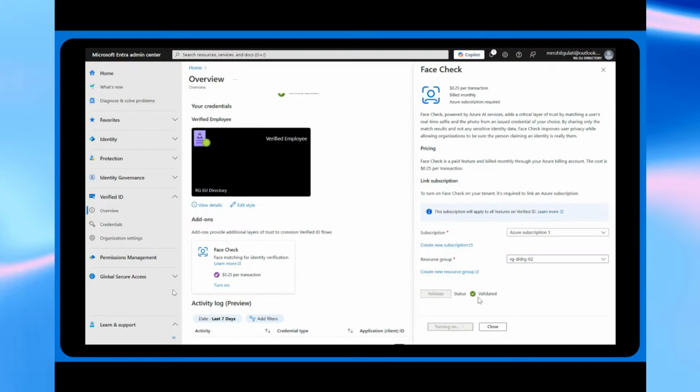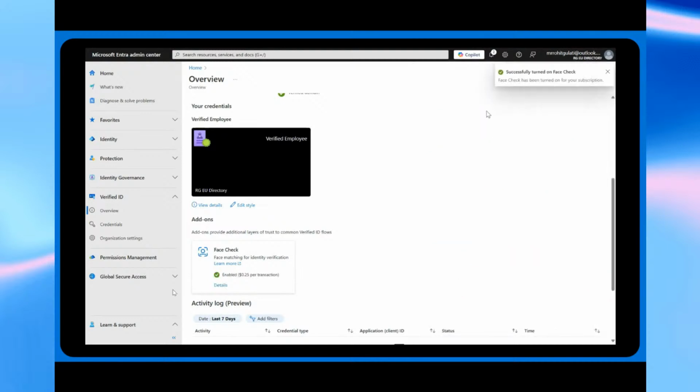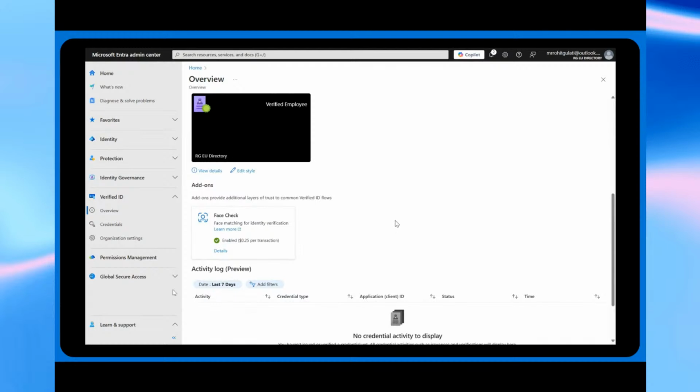And it's built for 25 cents per transaction. This was a demo from Entra ID free tenant. But let's say if you have a tenant with Entra Suite license in it, the Entra Suite license allows